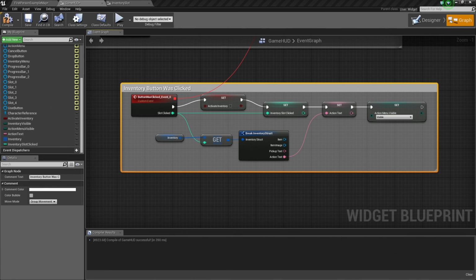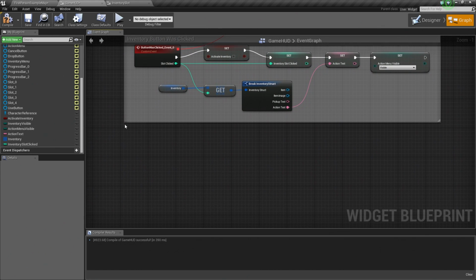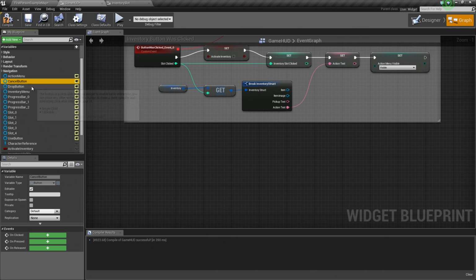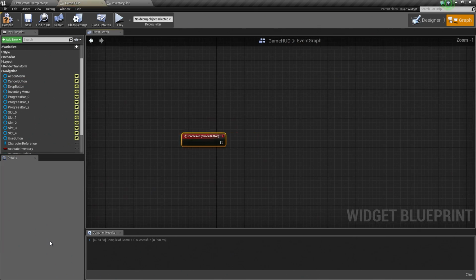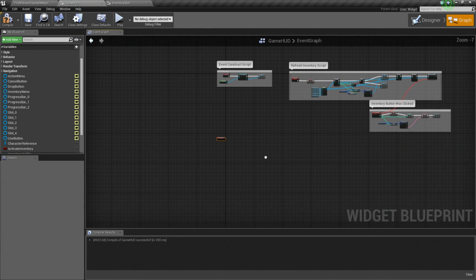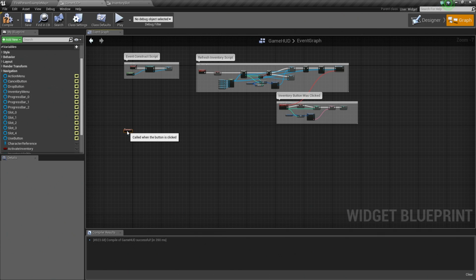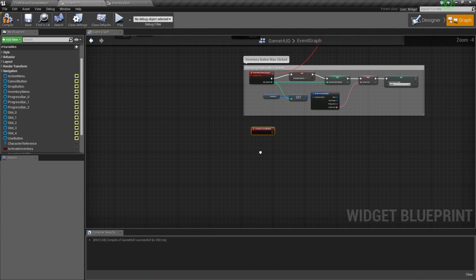The next thing that we're going to do is provide the scripted functionality for the cancel button before we get to the drop and the use. So let's scroll down just below this a little bit. And in the My Blueprint panel, let's select our cancel button. And down in the details panel now, we can add our on-clicked event. So we'll go ahead and click the plus sign to create an on-clicked event. It threw it way on the other side of our graph, so I'm going to mouse out and just drag it over here, like so.